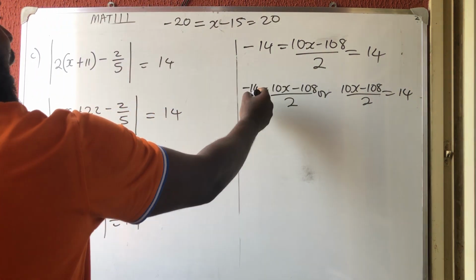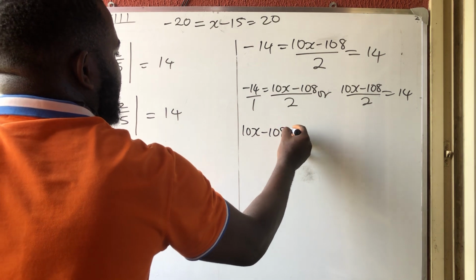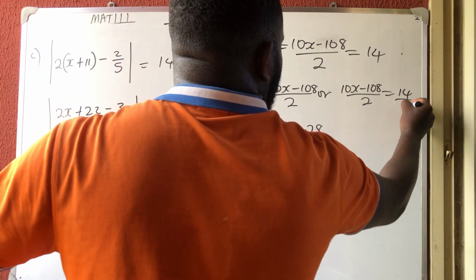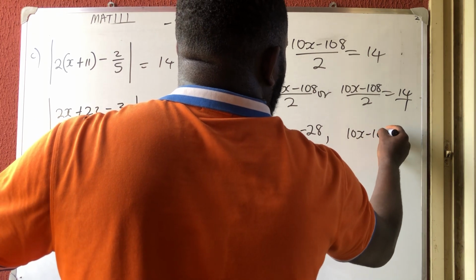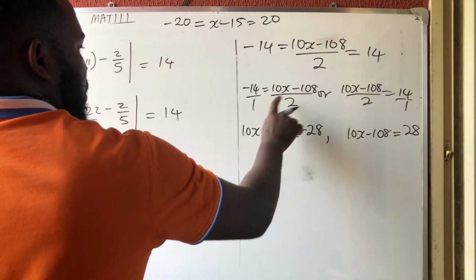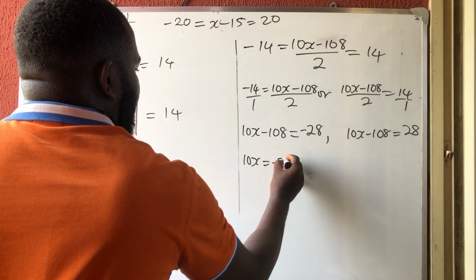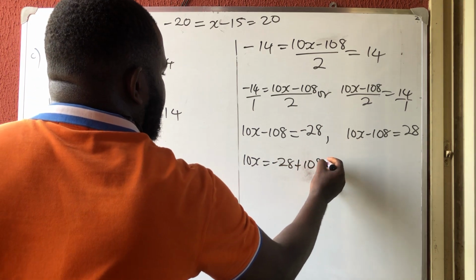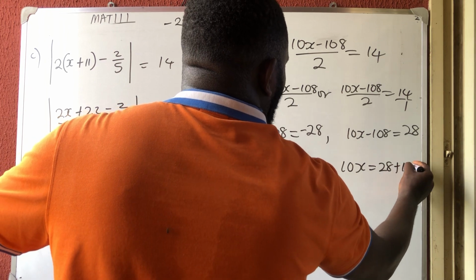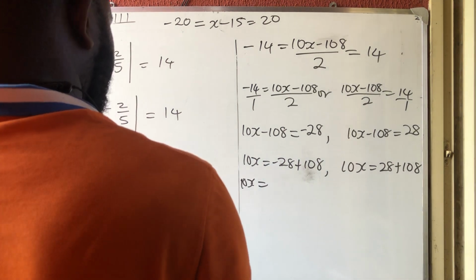So if I cross multiply, I'm going to have this times 1. 10x minus 108 is equal to what? This time this minus 28, comma. The same thing, cross multiply again. 10x minus 108 is equal to what? This time this 28. So I'm going to collect like terms. This one will move here. So 10x is equal to what? Minus 28 plus 108, comma. 10x is equal to what? 28 plus 108. So what do you have? 10x is equal to